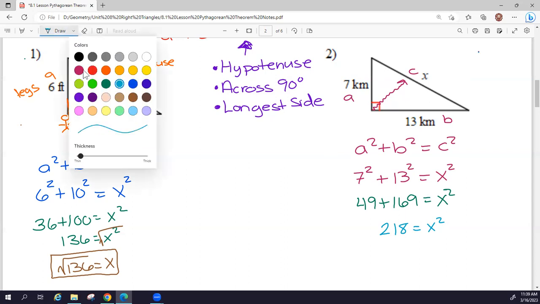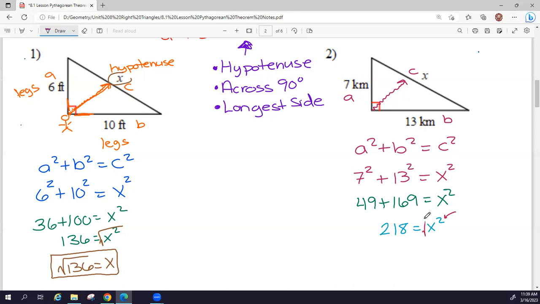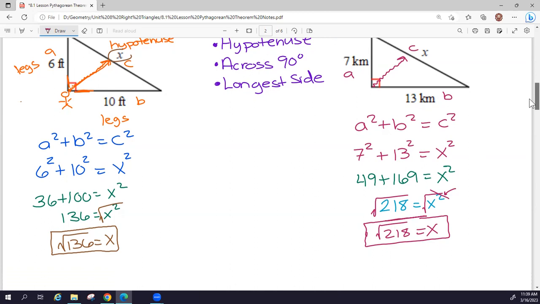Again, in order to get rid of that squared on the x squared, let's square root both sides. This squared and the square root cancel, so I'm left with x on the right, and then here it's the square root of 218. If we don't put this in the calculator or we don't simplify it, that square root can't go anywhere. It still needs to be there. It looks a little uncomfortable maybe to have that symbol, but it's not wrong. The square root of 218 is just a number.